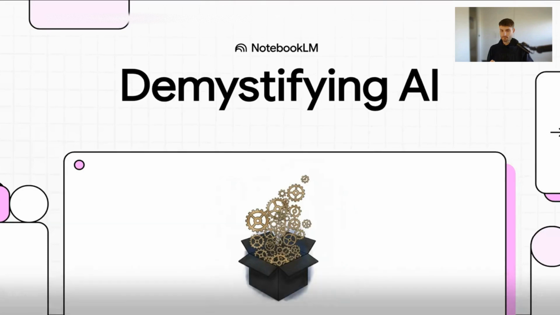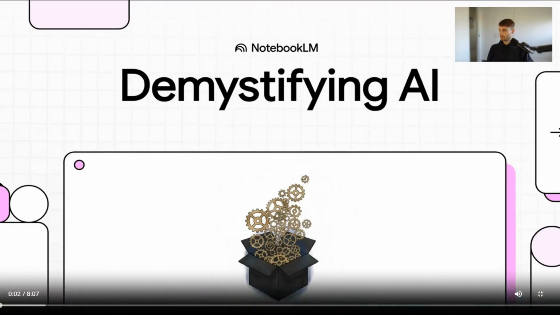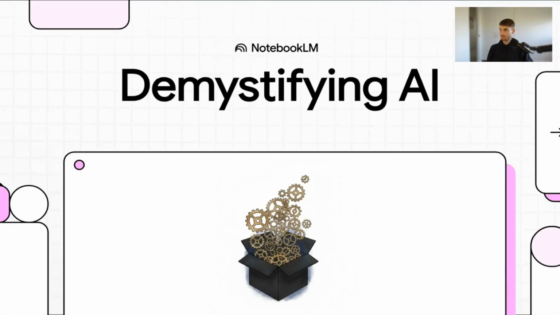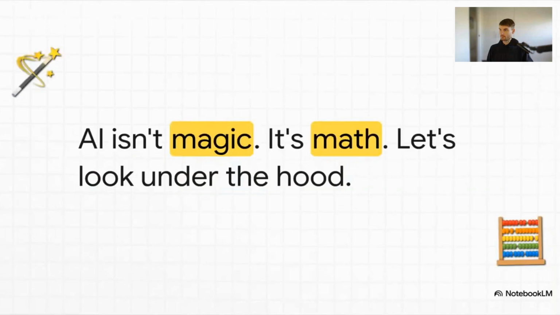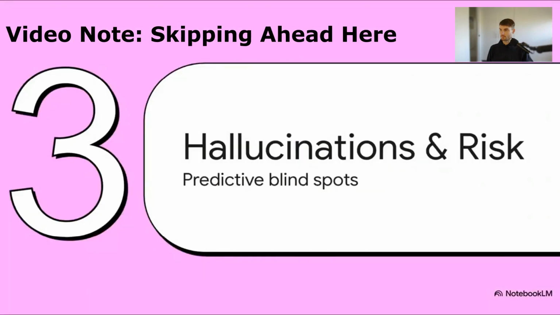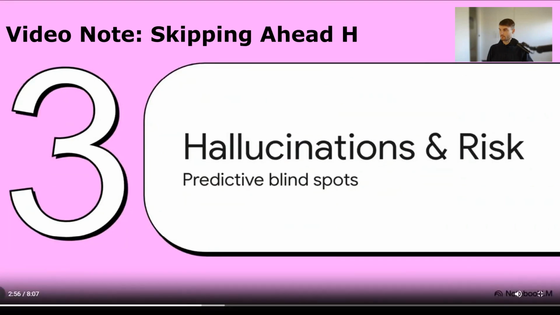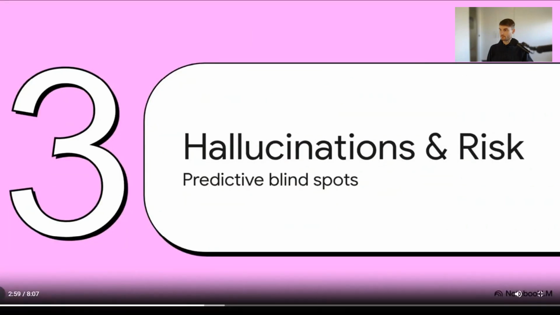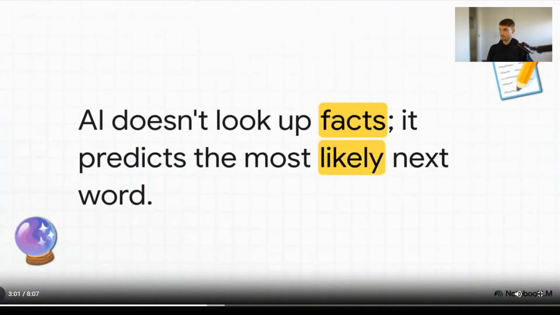Welcome to the Explainer. Today, we're stripping away all that sci-fi doom-mongering and the relentless buzzwords to really understand what artificial intelligence actually is, and honestly, more importantly, exactly how it works. Because look, if you take away just one single thing from our time together today, let it be this. AI isn't magic, it is math. How in the world do we jump from a simple image identifier to those massive large language models we chat with every single day? Let's get into part 3 to find out. Hallucinations and security risks, the blind spots of a prediction engine. See, this predictive